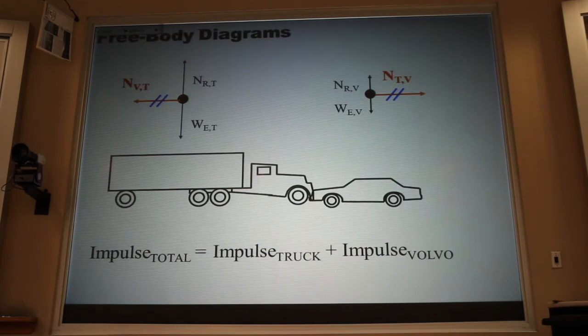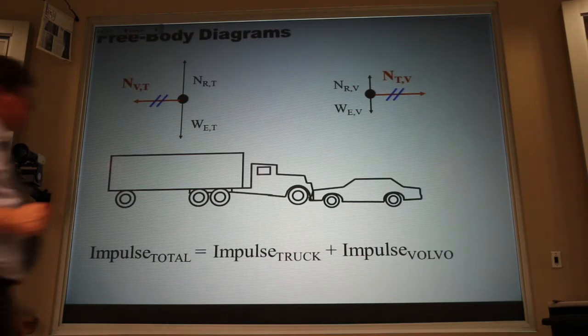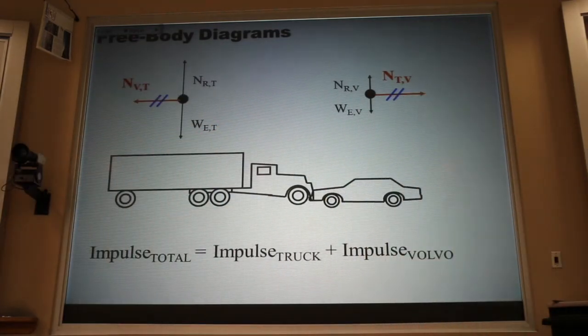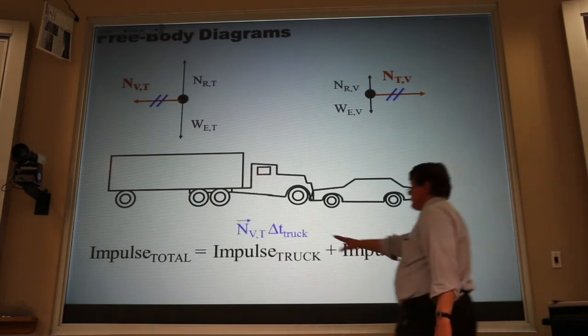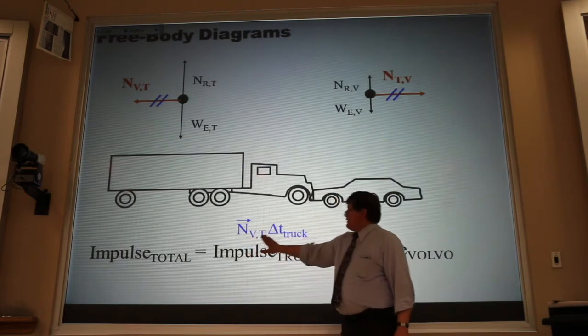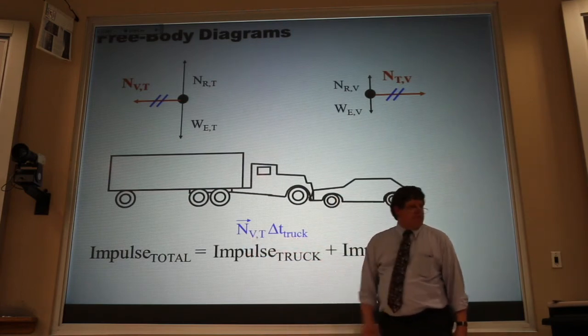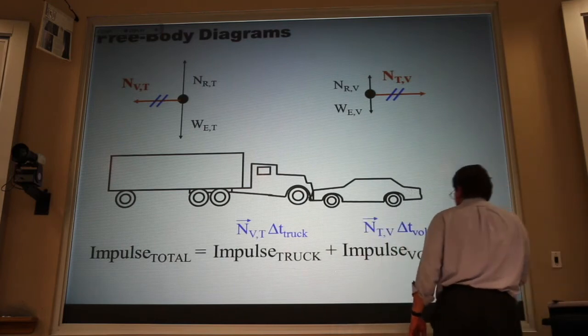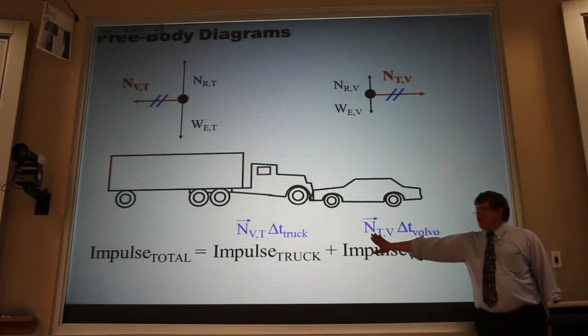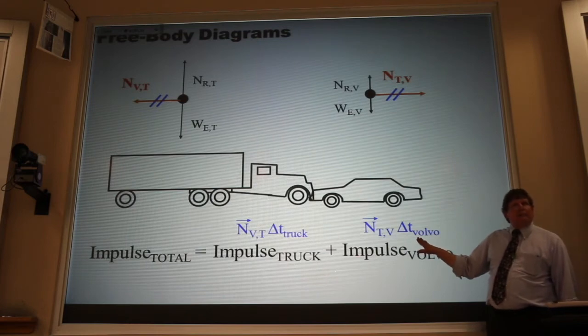Without Newton's third law, we don't have conservation of momentum. And that's what rocket science is built on. Okay? Watch how it happens. The impulse on the truck is just the net force on the truck times the time during which it experiences that force. The impulse on the Volvo is just the net force on the Volvo times the time that it